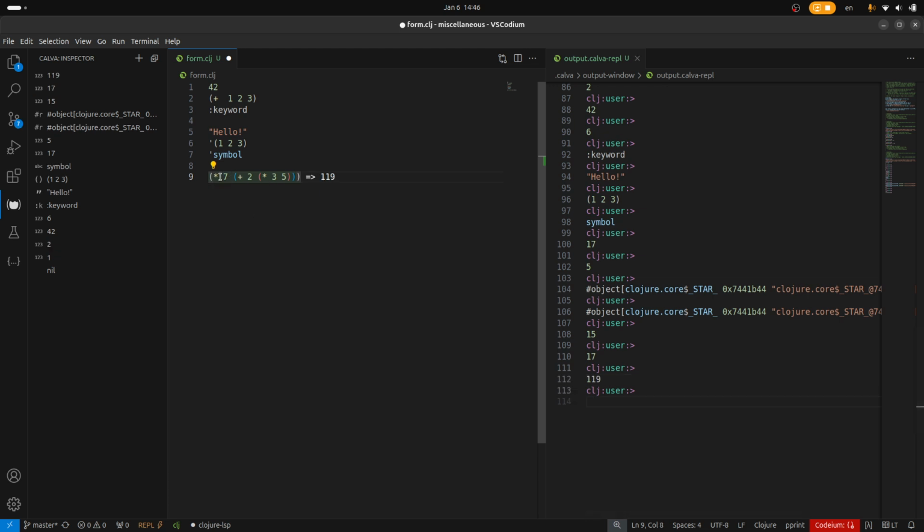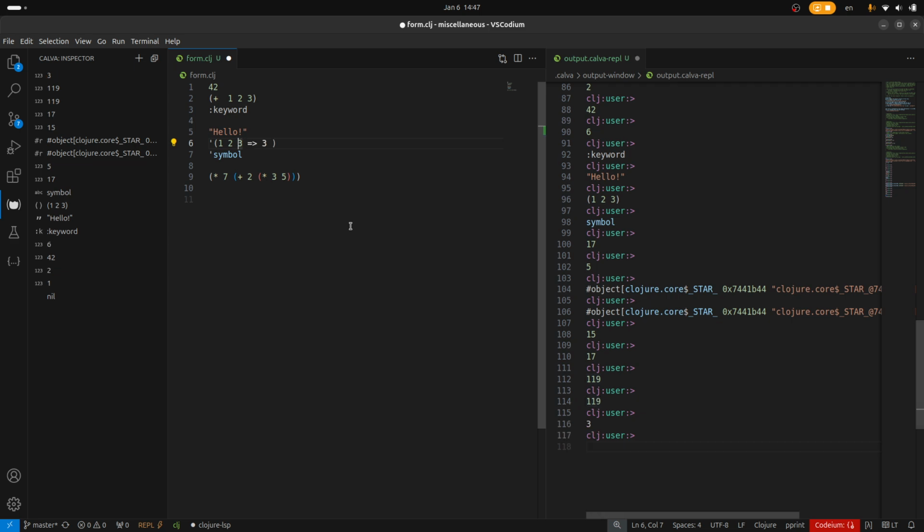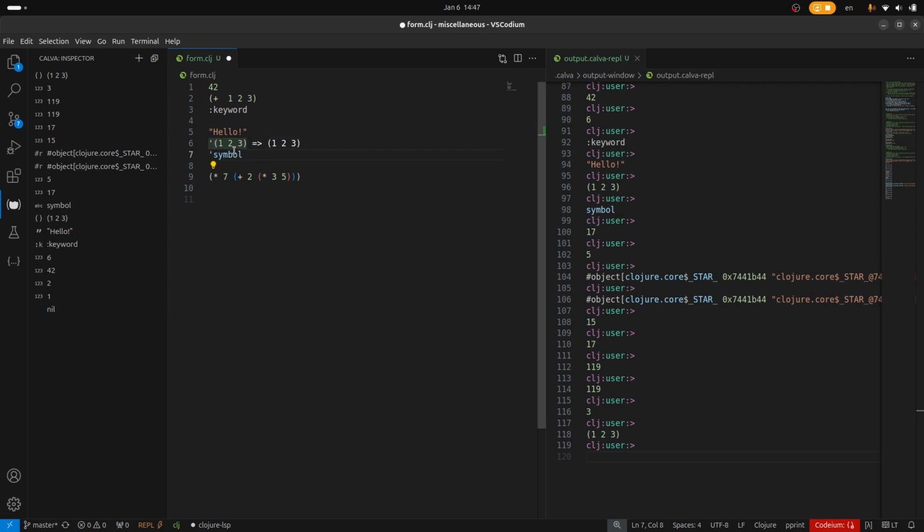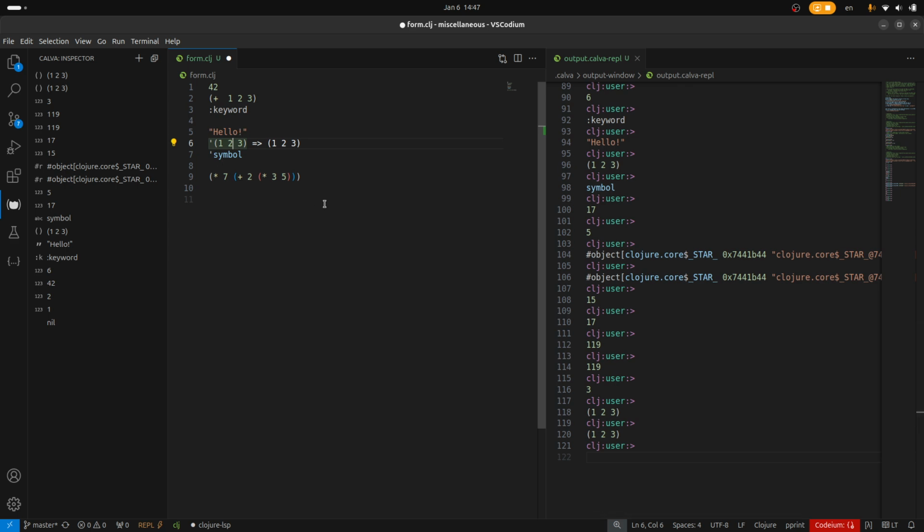Or I can keep it anywhere over here and put alt enter. The entire stuff gets executed. Alt enter means the entire stuff gets executed. Control enter means only that little part gets executed. So if I come over here and put control enter, it'll be 3. But if I keep it over here and put control enter, it'll be this list. Or if I want to execute the entire stuff, I can keep it over here, and rather than alt enter, I can put control enter, the upper stuff,